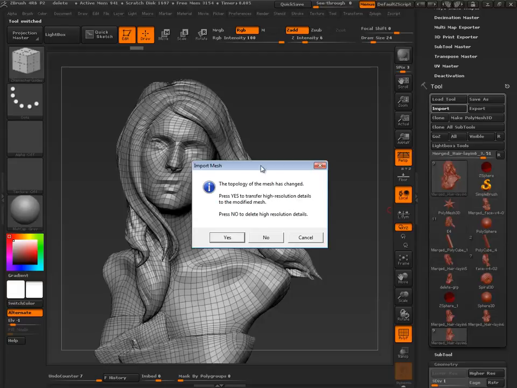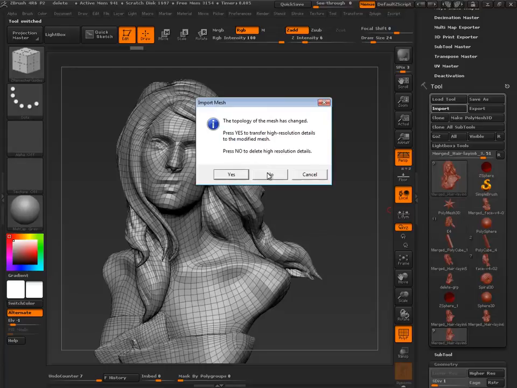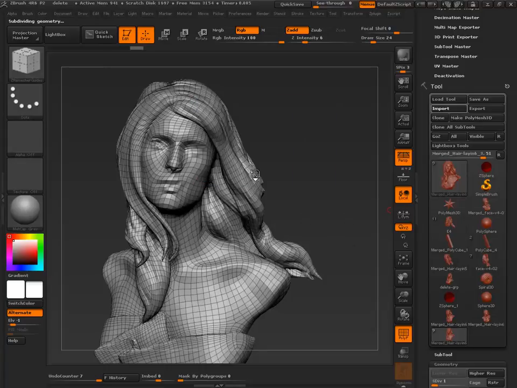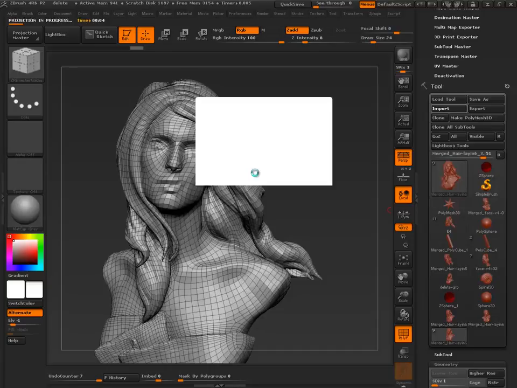This is the automatic solution. If I press no, then it deletes all my higher levels. That's not what I want. I want it to do the projection for me. So this does take time, and we do want to wait for it so you can see the results, because they're different for every one.